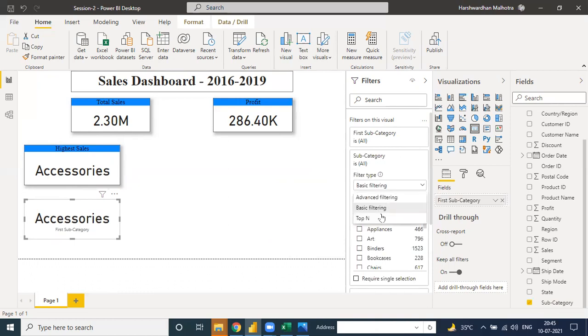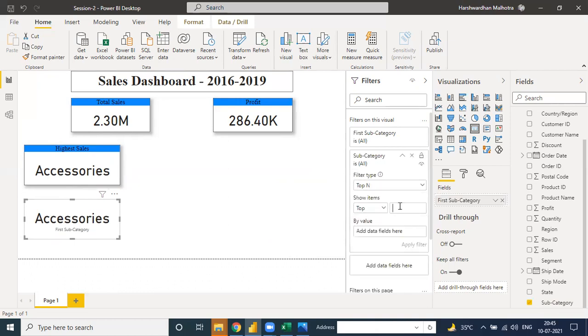Then basic filtering, top N, top one, but on the basis of profit. Apply the filter. See, the highest profit is for the copier category.